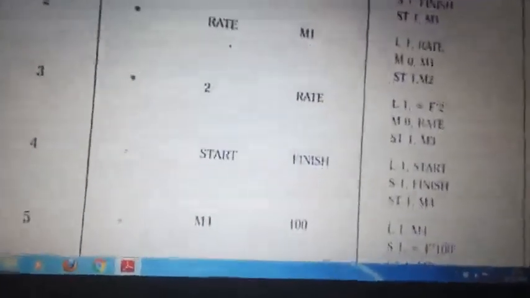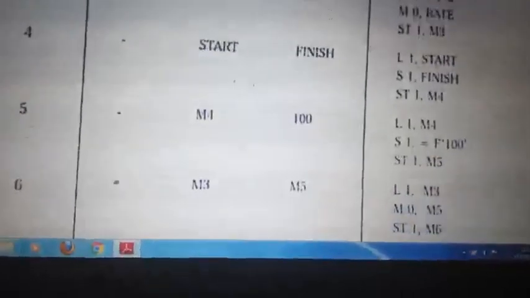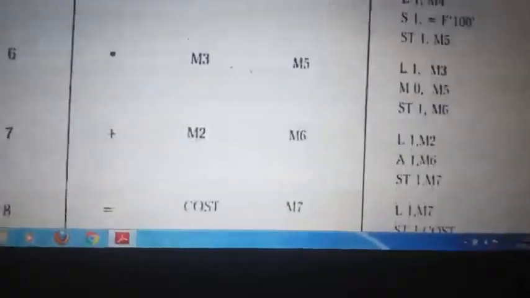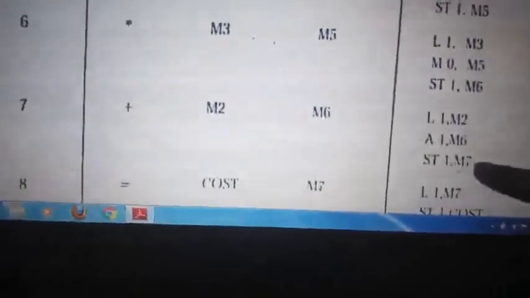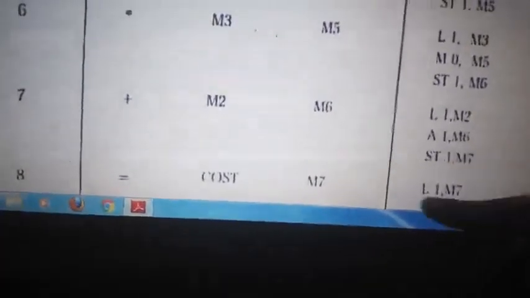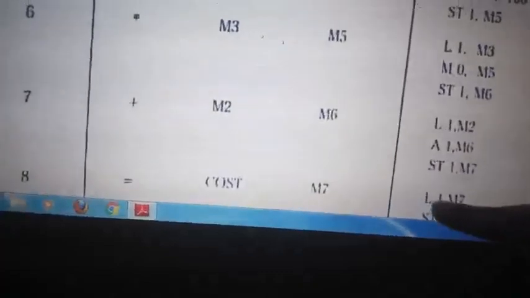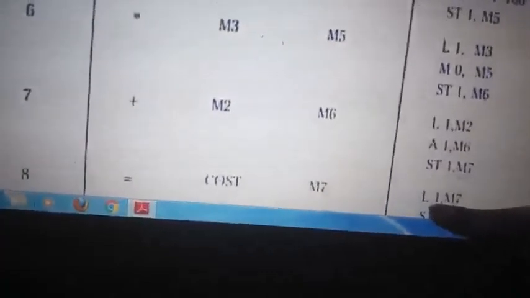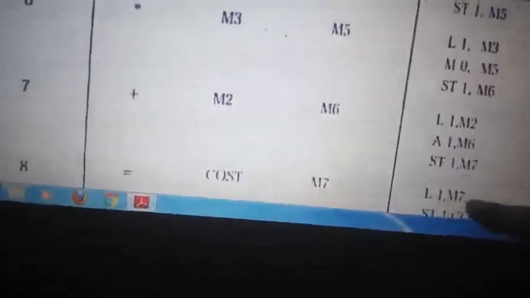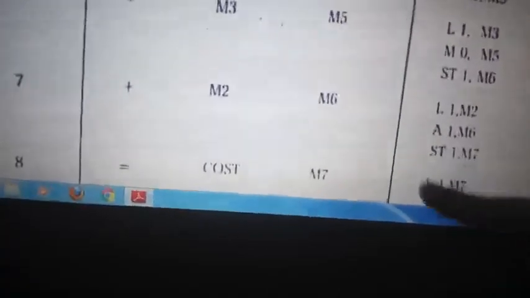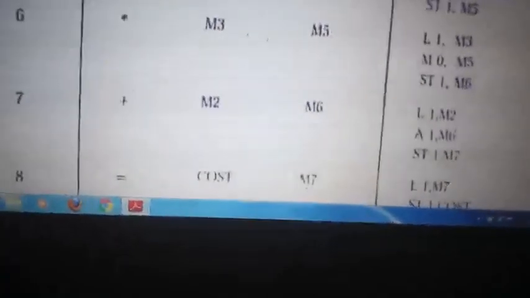So that's a drawback. And one more thing you can see here is these two line numbers, M7. Storing the result: whatever result you get in this line goes to register 1. In the next code, we are storing the data from register 1 again to M1. These statements are waste, right? Simply loading, and in the next line we are replacing it again. These lines are waste. This is what optimization is. We need to remove all those things. This is called optimization.